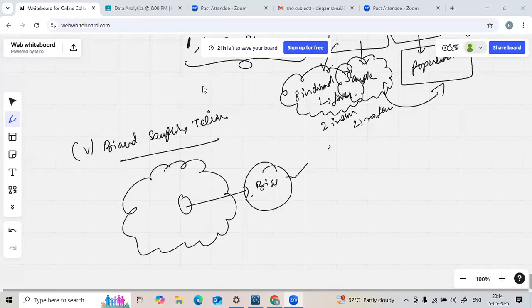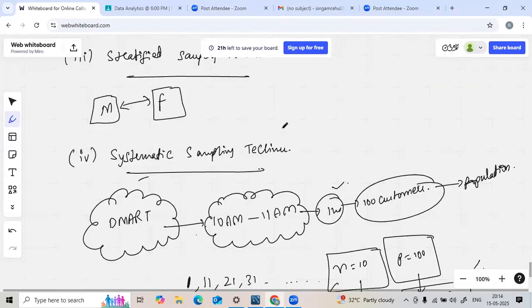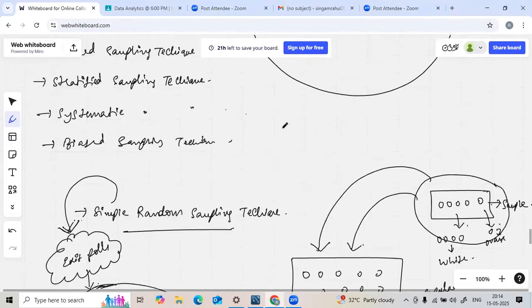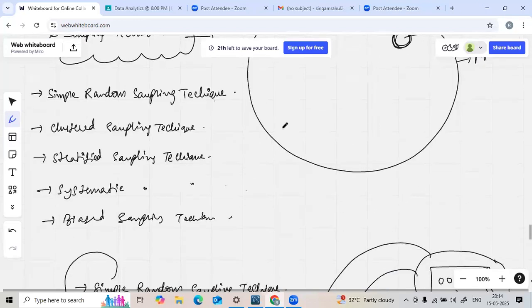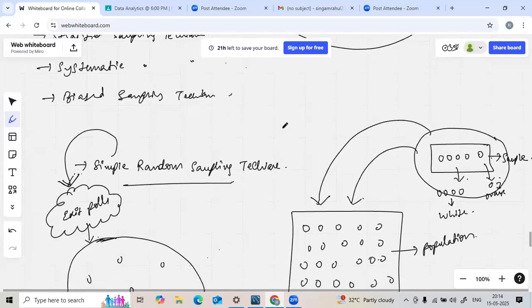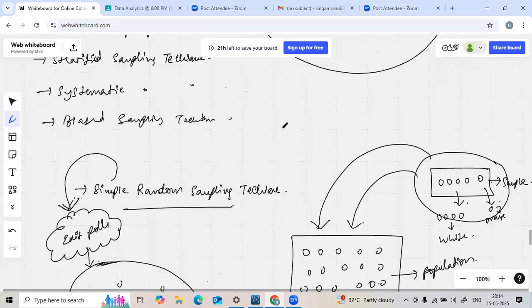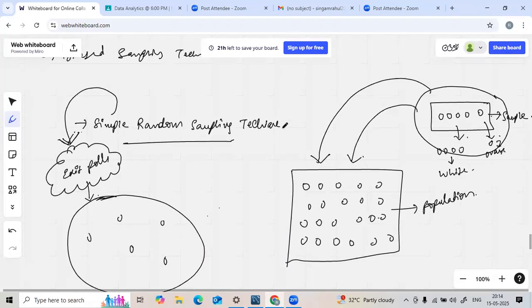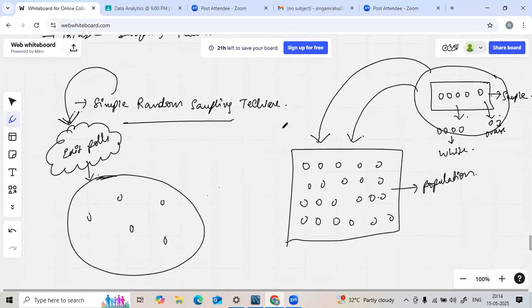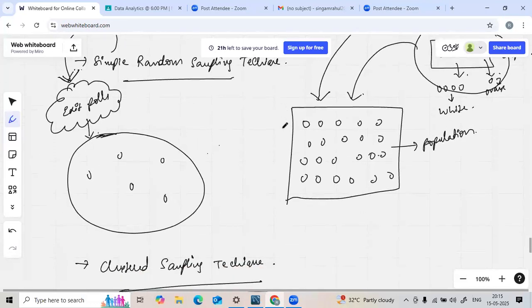But in a nutshell, what is a sample, what is a population, what are sampling techniques? Let's have a quick idea about it. A sample is nothing but a small sample taken out of your population. Population is the whole data, the entire data. A sample is a small portion inside that population. And to extract a sample out of your population, you have something called sampling techniques. The first type is called the simple random sampling technique. Randomly, you take a sample out of your population without any bias.